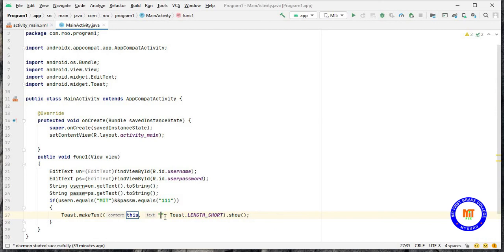So here I will be displaying if the username and the password are correct. So if it is equal to MIT and the password is equal to 111, then I have to display the message login is successful.